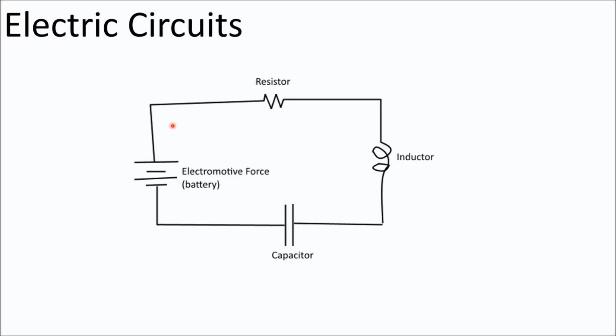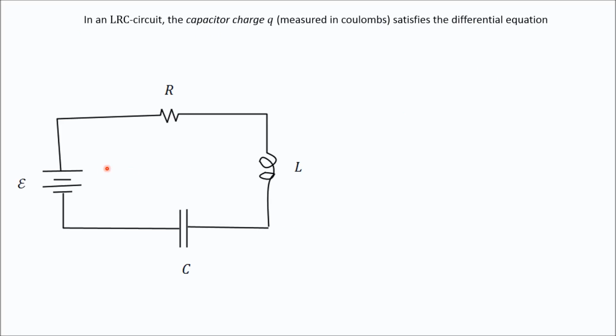One of the topics is electric circuits. If you have a battery, a resistor, an inductor, and a capacitor lined up in a circuit, then like the mass on a spring, it turns out this can be modeled. The differential equation is very similar. This is called a capacitor, what I've drawn here. It stores electric charge. And if you hook up the battery, resistor, inductor, and capacitor in a circuit, then the amount of charge on the capacitor, measured in a unit called coulombs, satisfies this differential equation,